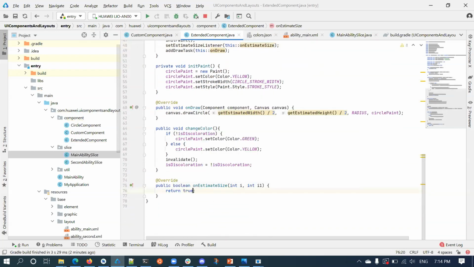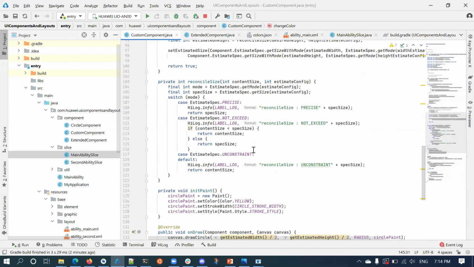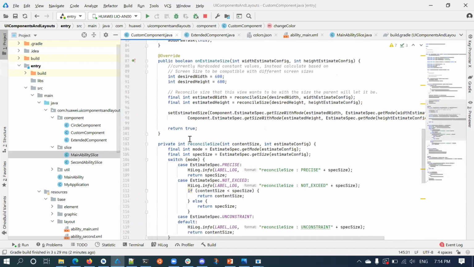And this should be set to true. Unless you set it to true, whatever calculations you do will not be visible. Okay, so you have to set it to true to make that change happen, whatever calculation you do. So here I'll explain what I'll be doing.